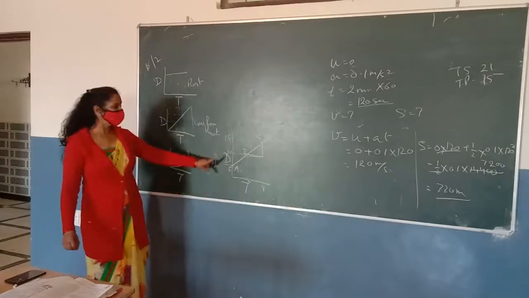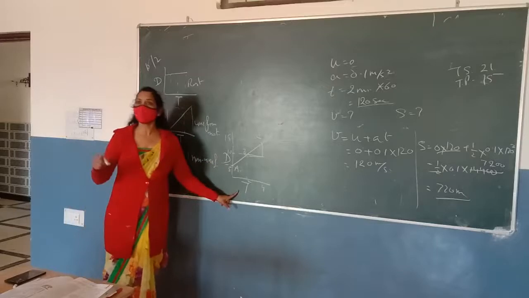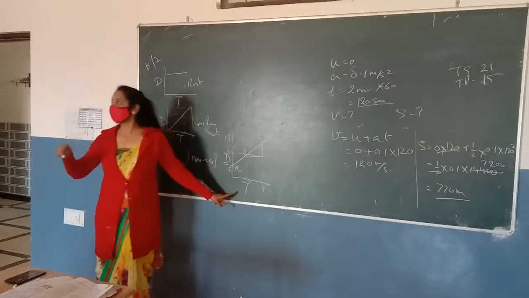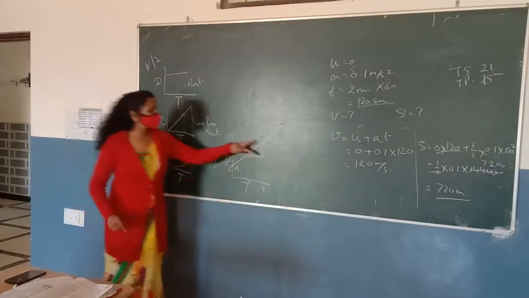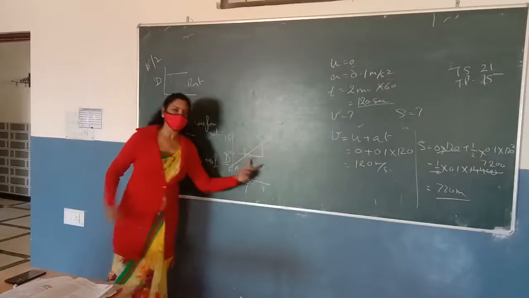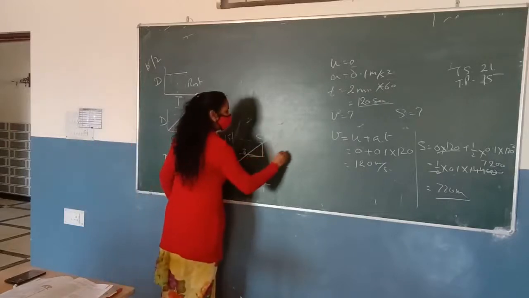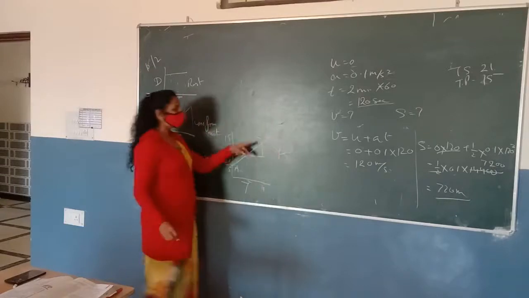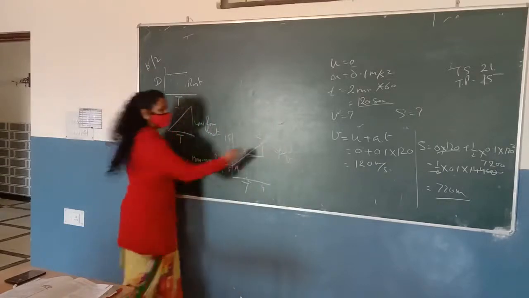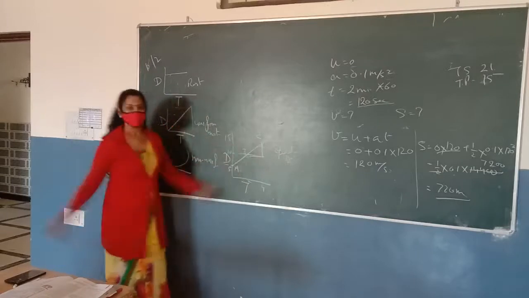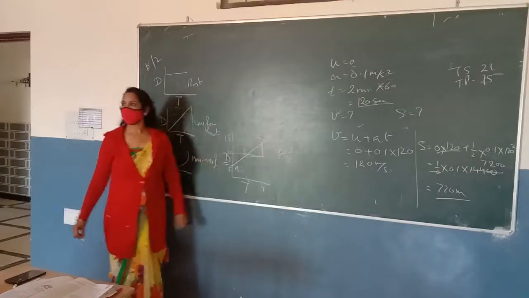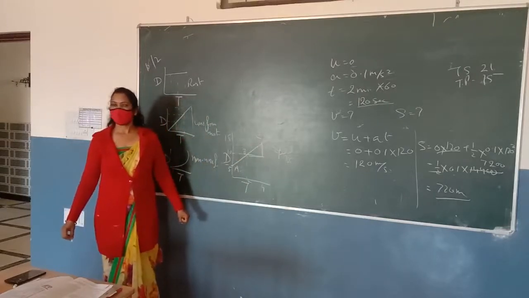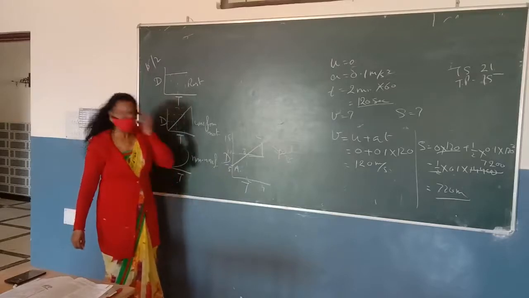So if you want to find the speed from the dt graph, what will you do? You will find the slope of the graph. And what is the meaning of slope? Slope is perpendicular upon base. So speed from B to C is slope, that is perpendicular. And what is the length of this perpendicular? It will be